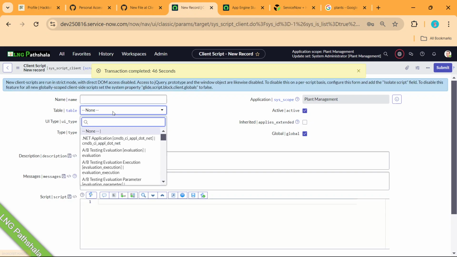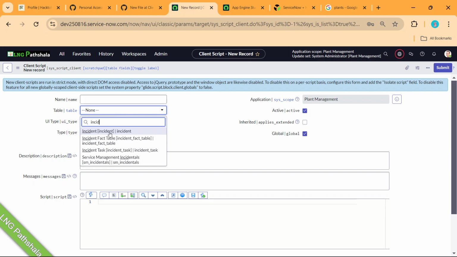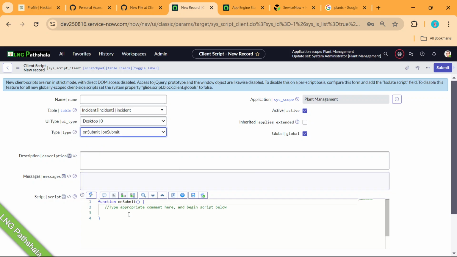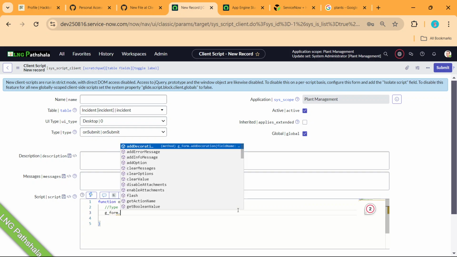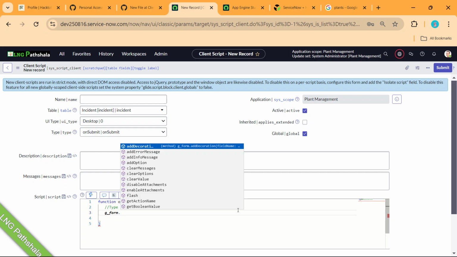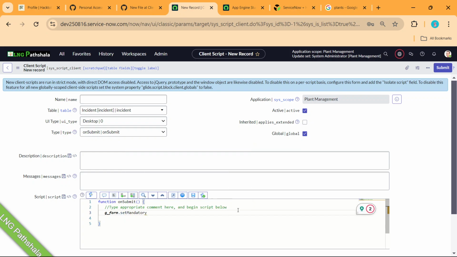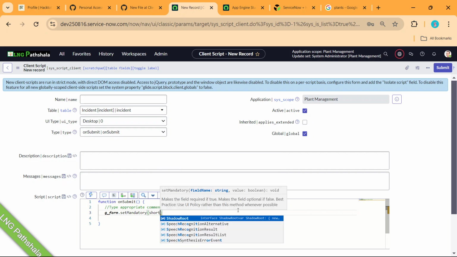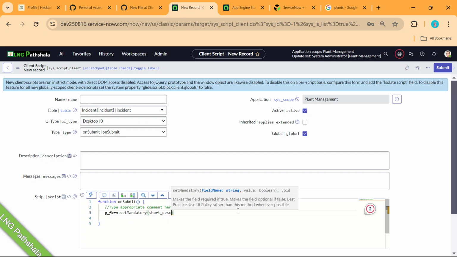Table. I'm just creating a sample one, incident type on submit. And here I can say g underscore form dot, or sorry, set mandatory short underscore description.